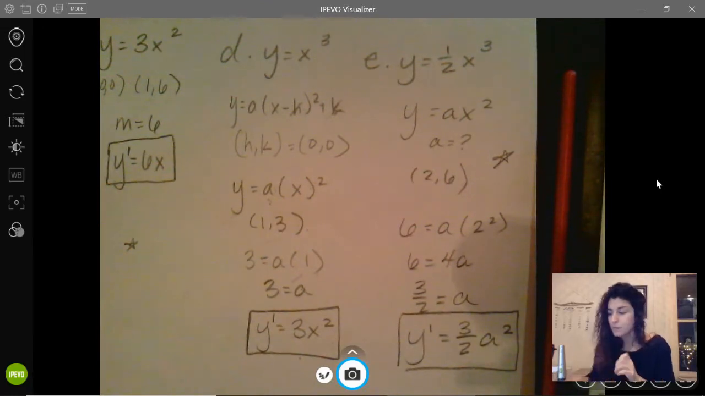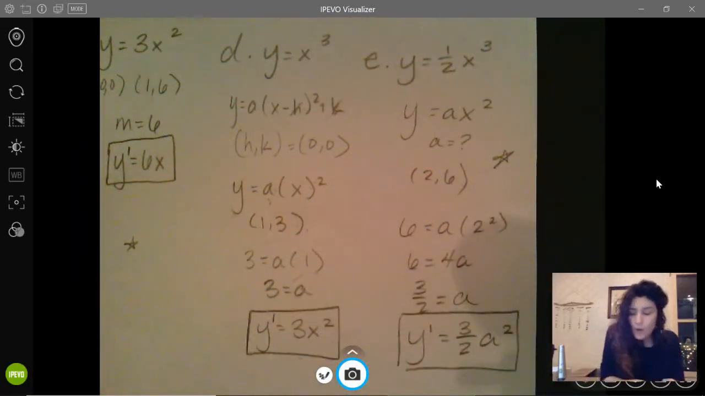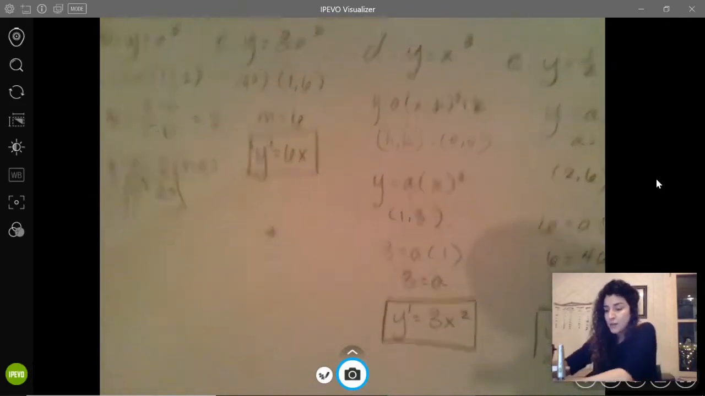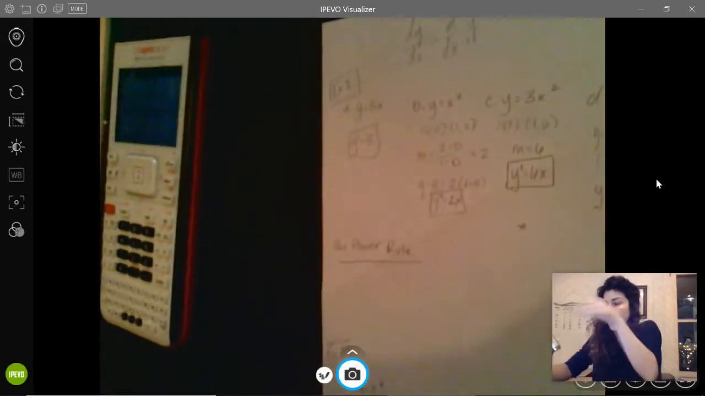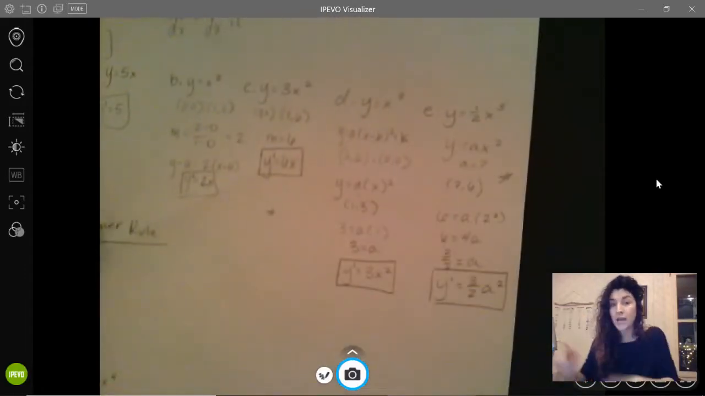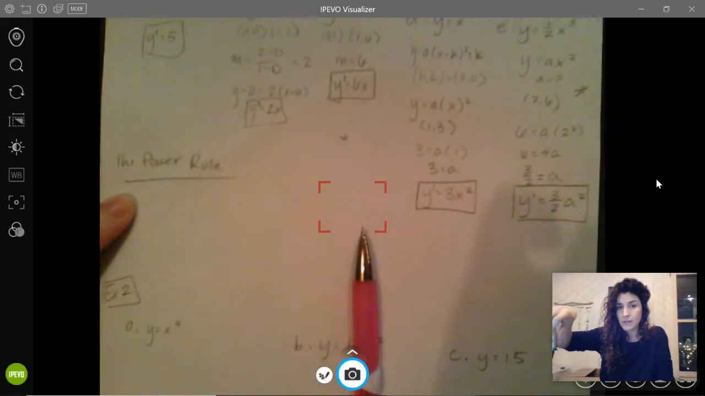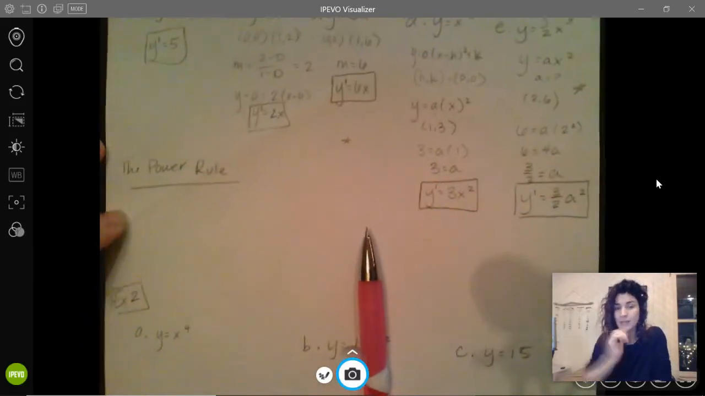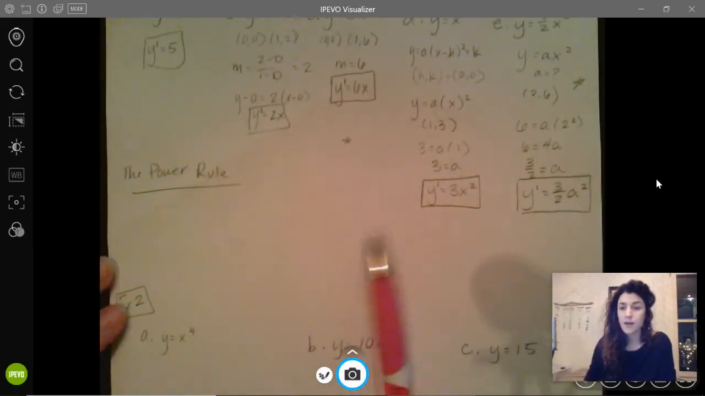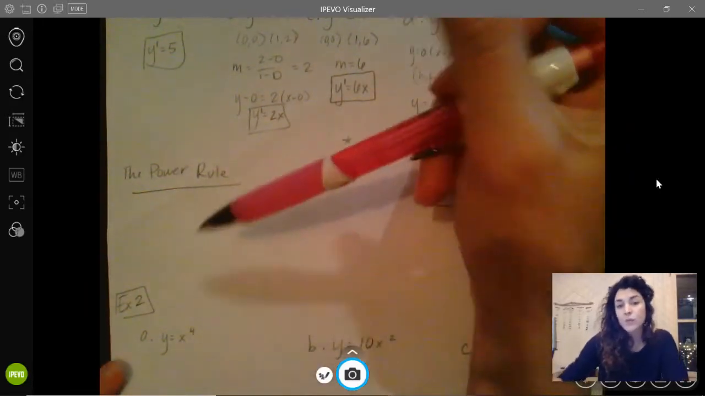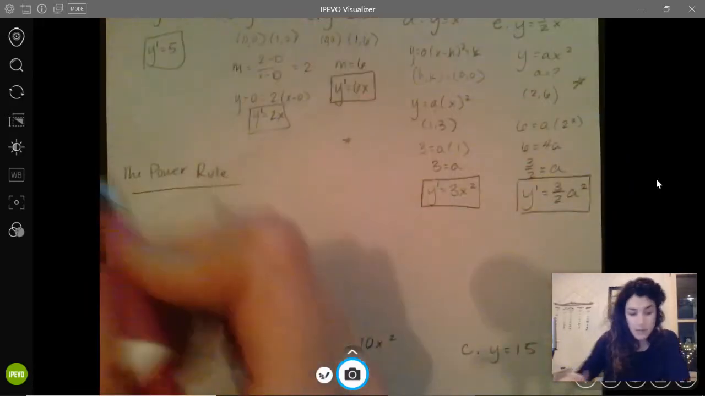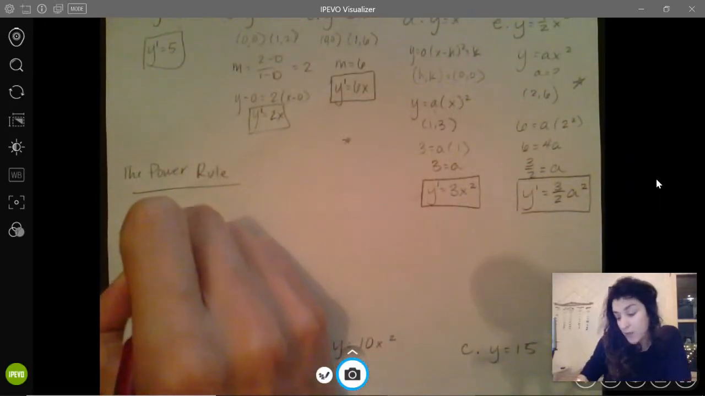So finding your derivative in an algebraic way means that you are using, for a polynomial function, which is the only type that we're going to learn how to find the derivative for. There are lots of other ways, but we will only learn the power rule. So the power rule is for a polynomial function, and it could be a polynomial function